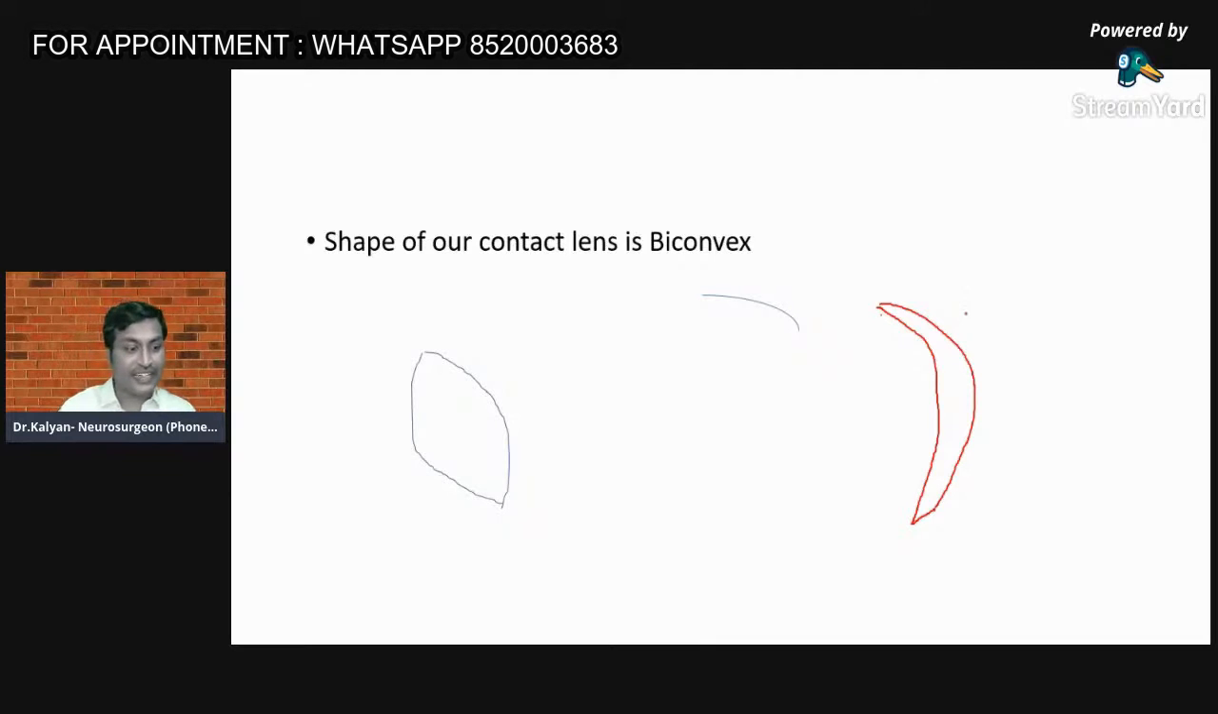So answer, what is the red color one called? What is the shape of the red color called? Something which Dr. Karthik has told. The ball ends are concave or convex. So what you have to remember is,